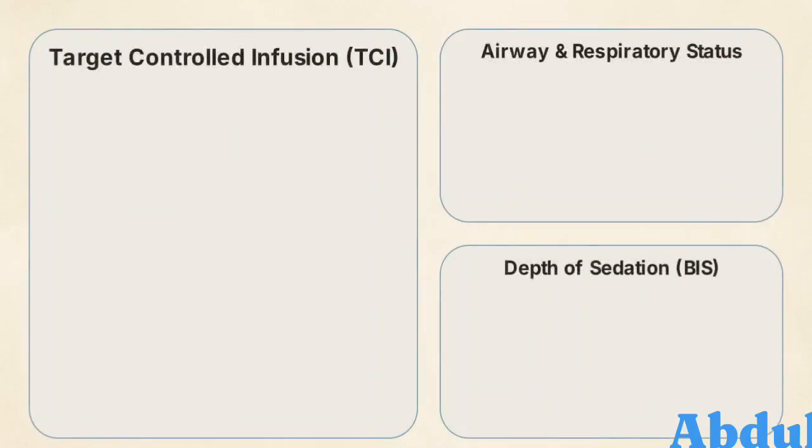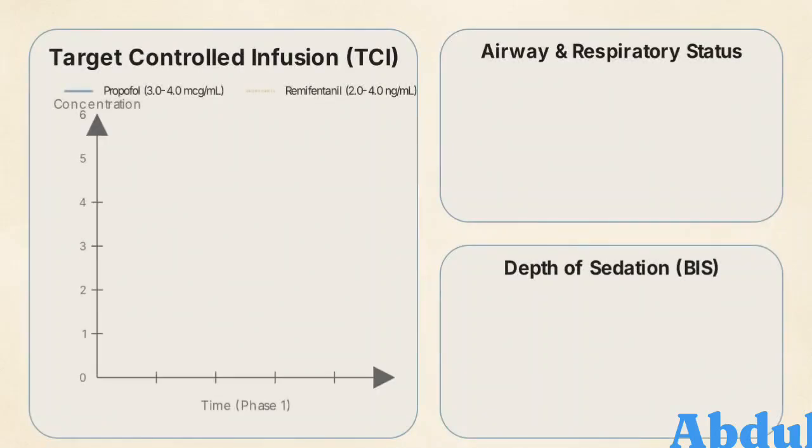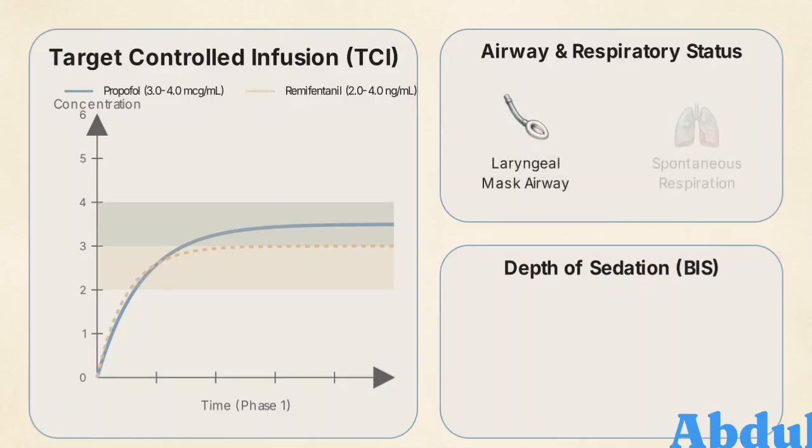These target-controlled infusion curves map our precise dosing strategy. For Phase 1 induction and opening, we target an effect site concentration of 3.0 to 4.0 micrograms per milliliter for propofol, coupled with an ultra-short-acting remifentanil infusion at 2.0 to 4.0 nanograms per milliliter. Tracking the monitoring data over Phase 1,